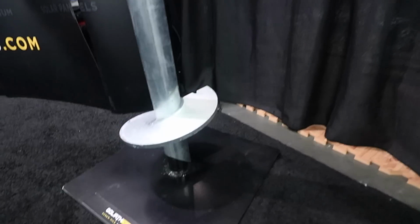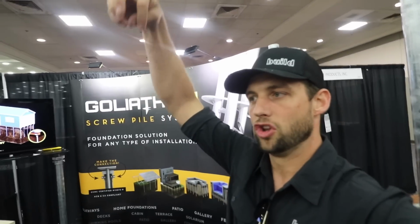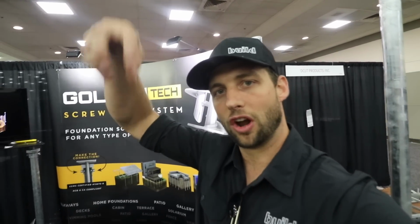It is a screw pile that you drive with a mini excavator. And so the thought is, just like a screw, you drill it in. Instead of using an auger to excavate the dirt away, you're just screwing this pile in until you get to a certain level of torque, and then that torque translates back over to a certain load level that you can take. Really cool system. I don't know, what's the pricing per...